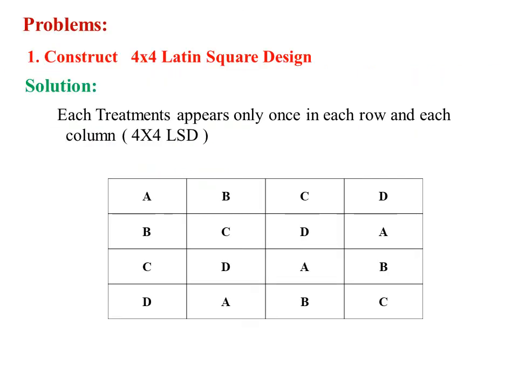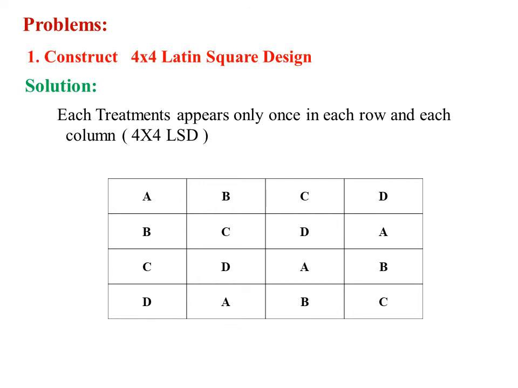And then okay sir, 2 by 2 is not possible. So if 3 by 3 or 4 by 4 is given, how can I frame the Latin square? It's very simple. For 4 by 4 we can take any values. So here I have taken A, B, C, D. In the first row, A is the first term, and I have written the remaining terms. In the second row, B is the first term. Third row, C is the first term. Fourth row, D is the first term.